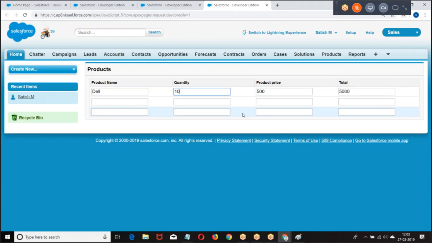If it is only one input text, it is page dot, page block section dot, particular element. But it's a group of rows. I want to identify the second row quantity, the third row price. How do you identify a particular row, particular element?